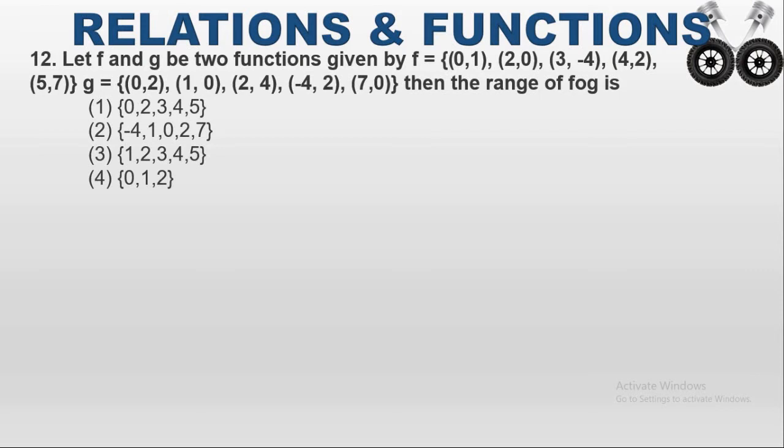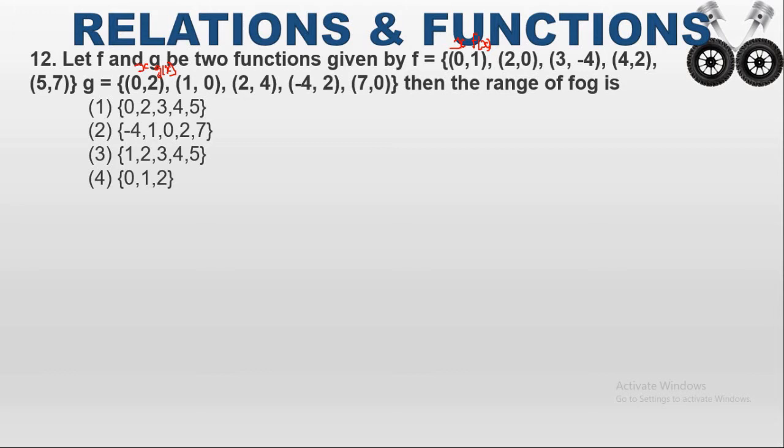So what is an ordered pair? If I take the first element as x, what is the second element? The second element is f of x. That means the first element is the input and the second element is the image of the first element, or otherwise the output for the first element. Same for g. If I take the first element in an ordered pair as x, then the second element in the ordered pair is g of x. Why am I writing g of x here? Because g is the function here. So the second element is g of x, the output for the first element.